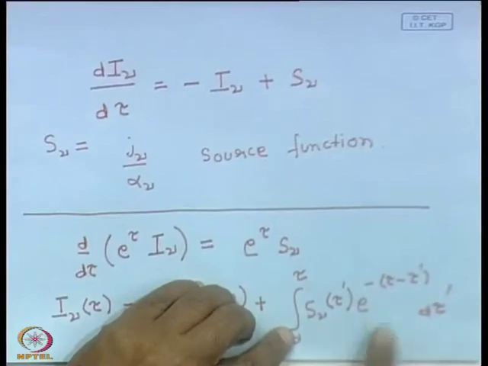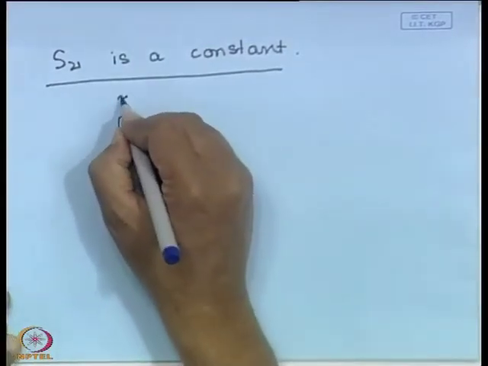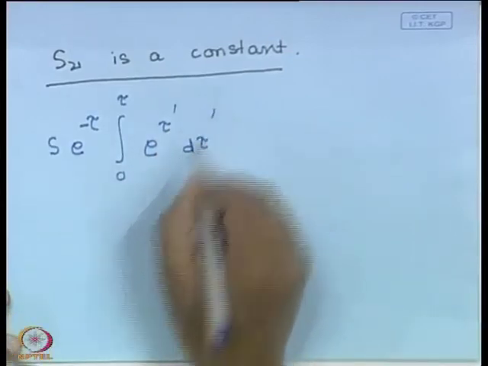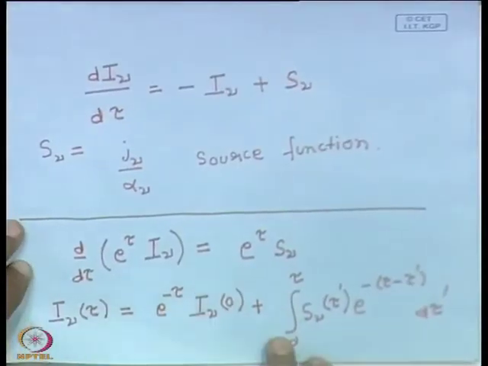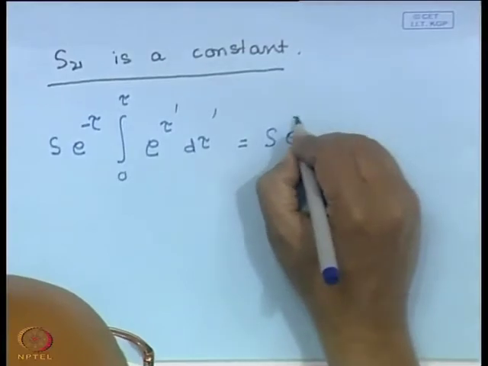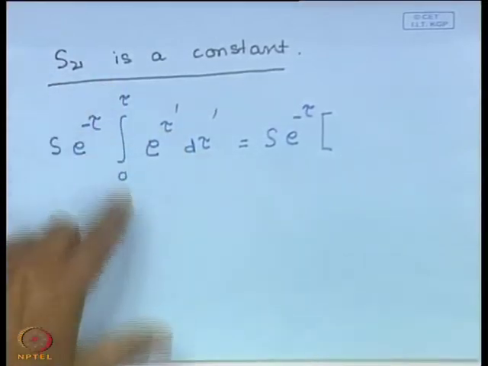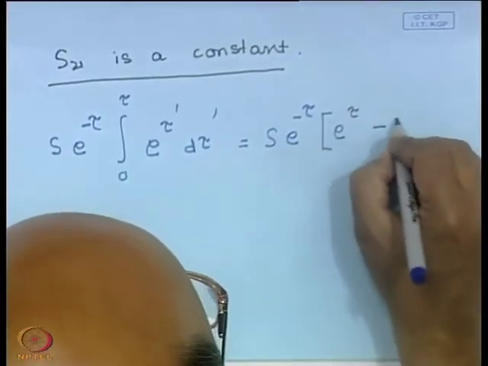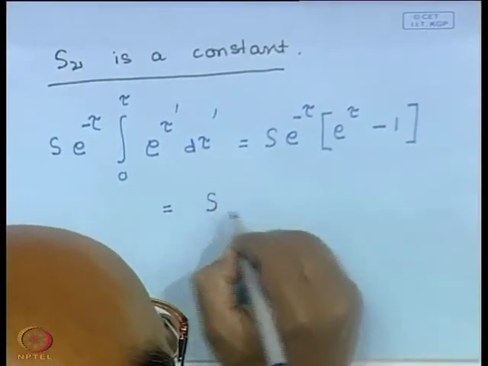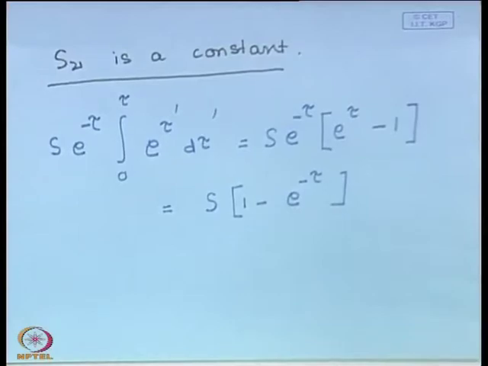So, let me write down the integral. The second term now becomes S comes out, e to the power minus tau comes out, and we have e to the power tau prime d tau prime. That is the second term. The first term is unchanged anyway. This can be written as S e to the power minus tau, and the integral of this is again e to the power tau prime. So, at the two limits we have e to the power tau minus 1. Okay, so, this is S times (1 minus e to the power minus tau). So, we have just evaluated the second term,